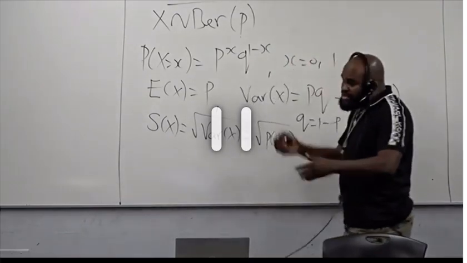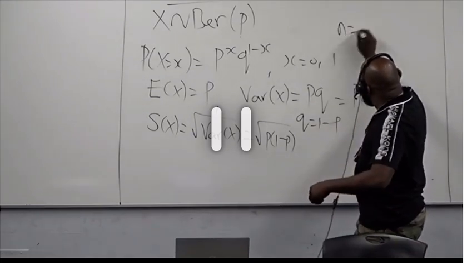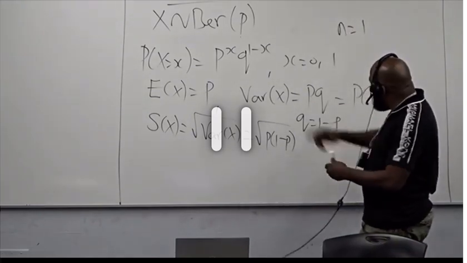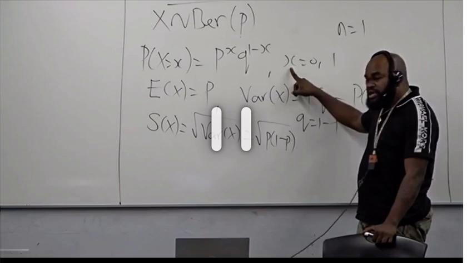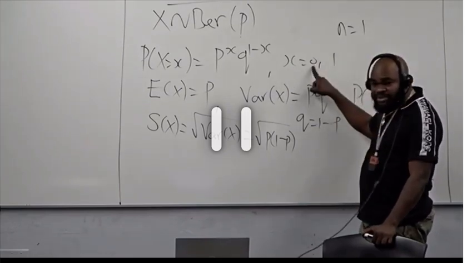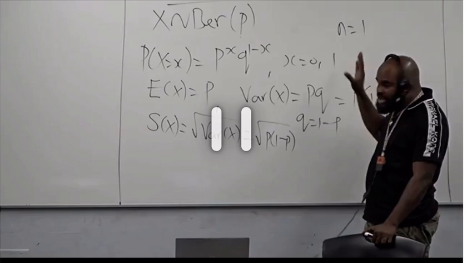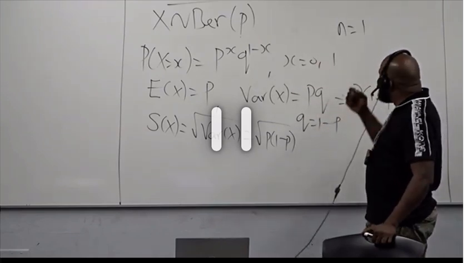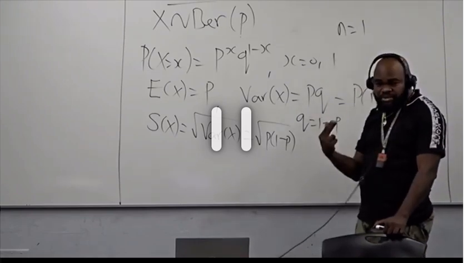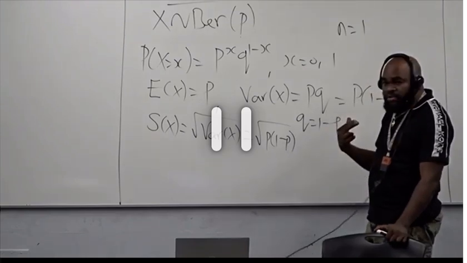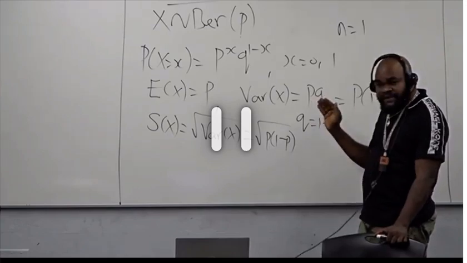So this is the Bernoulli distribution. Right here, the number of trials equals 1. That is why the support is 0, 1. The x here represents the number of successes. If I try once, it's either I see 0 successes or I see 1 success. This is the Bernoulli distribution. This is a single trial. Why do we call it a single trial? The number of trials equals 1, but there are two possible outcomes, success and failure. The probability of success is p. The probability of failure is q.